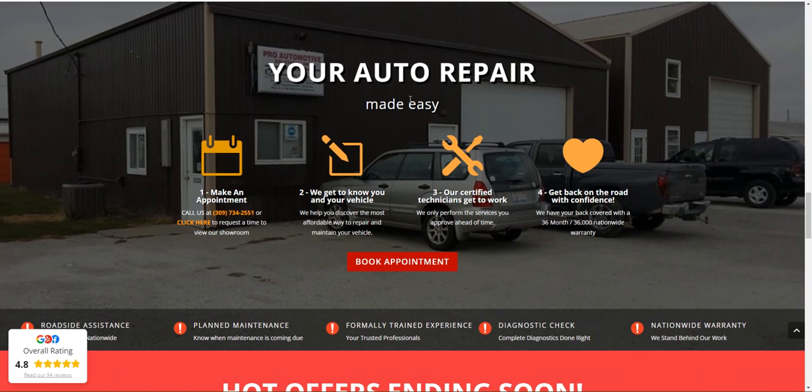People don't like going to the auto repair shop. There's too many unexpecteds, right? So we want to let them feel like the process is really easy. Again, I usually use a picture of the outdoors of the shop here. So again, I want them to familiarize themselves with these images. So maybe if they're coming for the first time, they recognize the shop because they saw it on the website,